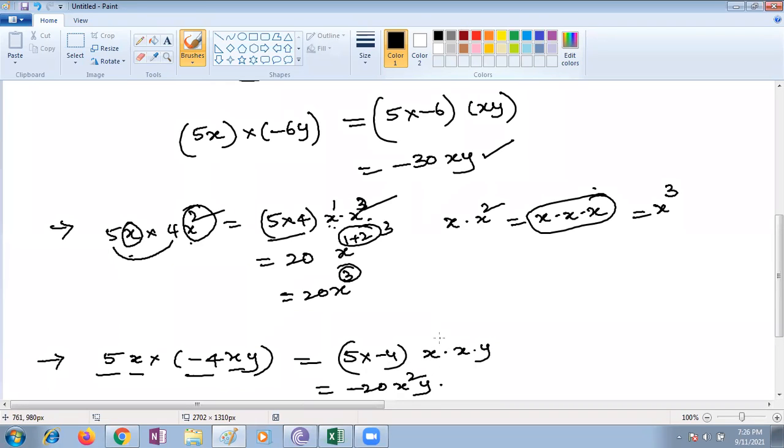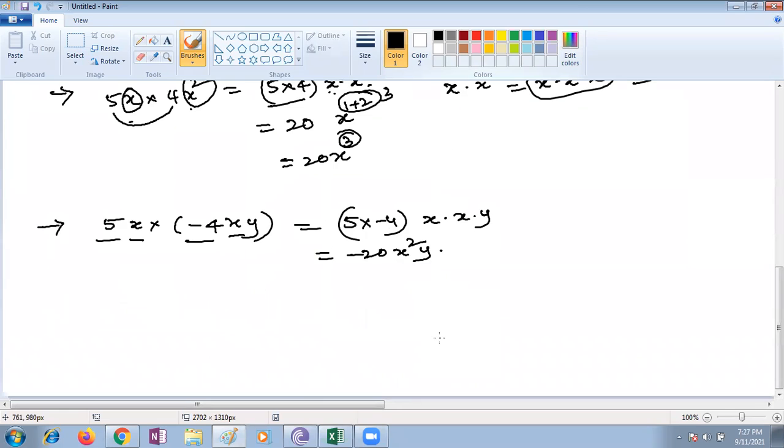If the variables are the same, then only you can make them into square and cube. If they're different, you can't, right? Generally x plus x is 2x. We are adding. So x into x means you are raising the power, you are just adding your exponents. So here x cube. Understood, children? What is plus and what is multiplication? Don't confuse, children. Repeated addition is fine. Same thing.